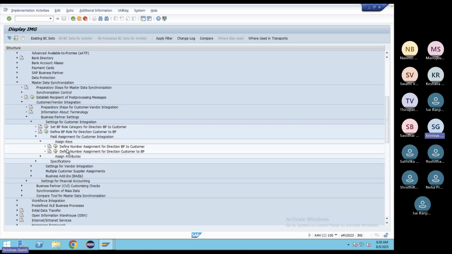Here, if you can see, define number assignment for direction BP to customer. That means when you create the BP, it will become a customer. So this is the BP to customer. And below, there is an option, define number ranges for direction customer to BP. So if you can see an example,